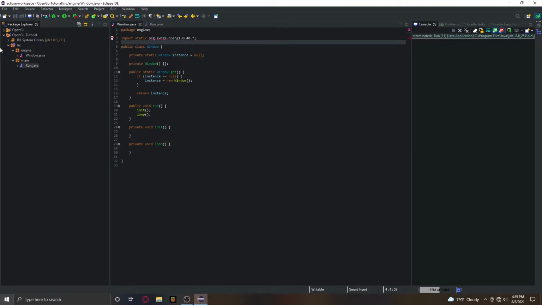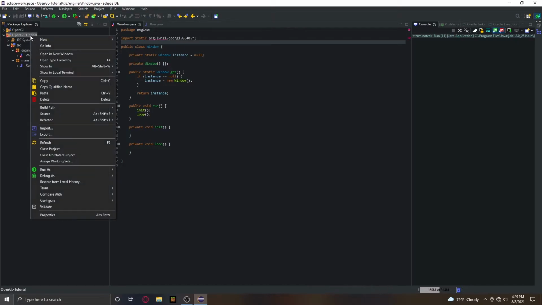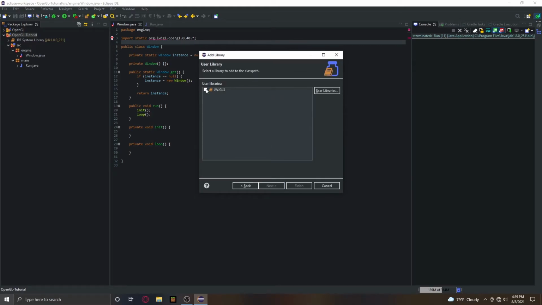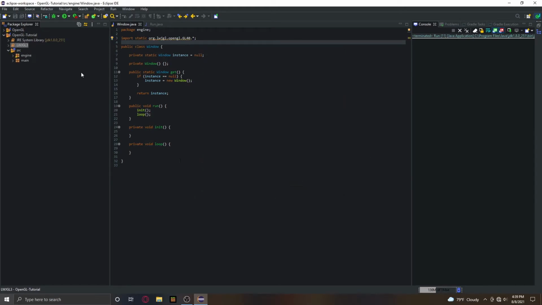So I have to add my libraries to OpenGL. I already have a library created, and I'm just going to do OpenGL Lightweight Java Game Library 3. If you watched the first video, you will have this library created, and you can just do what I just did, which is import a user library. But yeah. Anyway, so we're going to import static